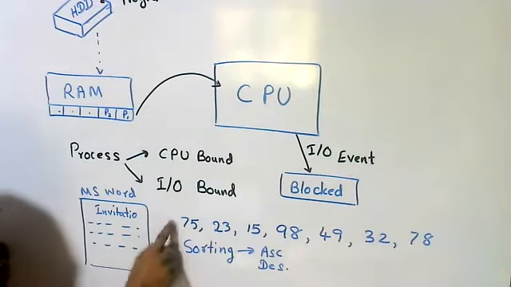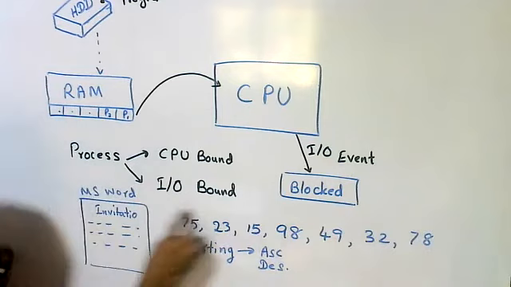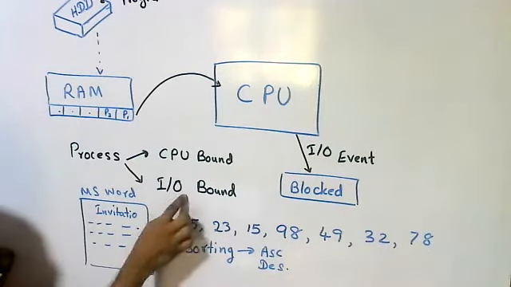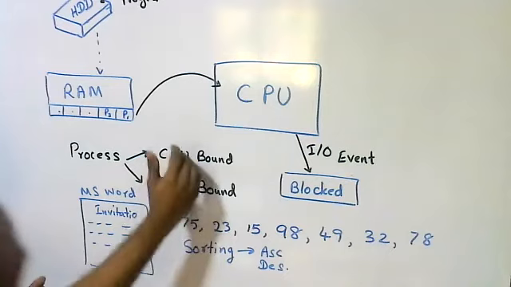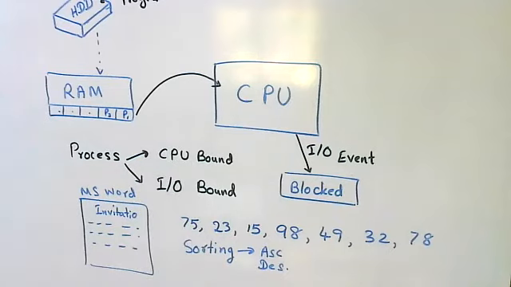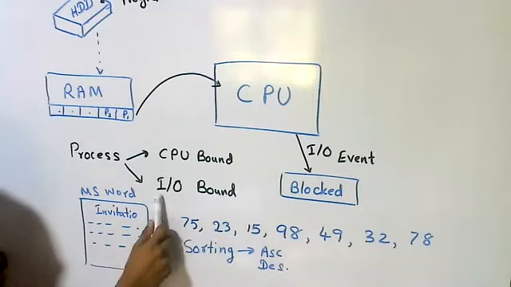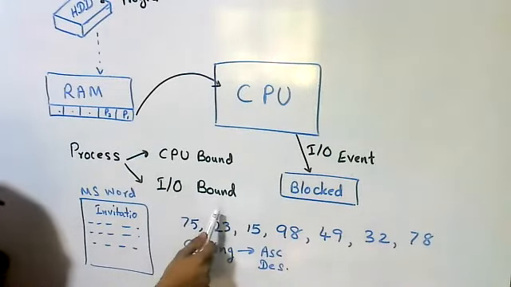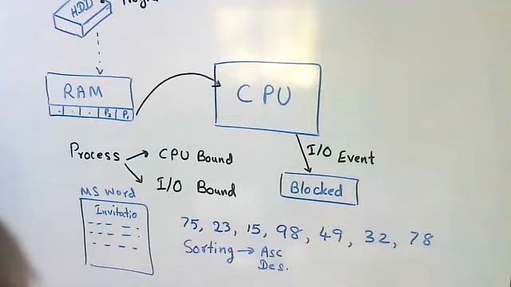So this kind of process is called a CPU bound process. This kind of process is called an IO bound process. These are examples, but you can easily remember: whenever a process needs more CPU time, it is called a CPU bound process. Whenever a process needs more IO time, input output time, it is called an IO bound process. Is it clear, students? Yes, sir. Right. So processes we can divide into two, IO bound process and CPU bound process.